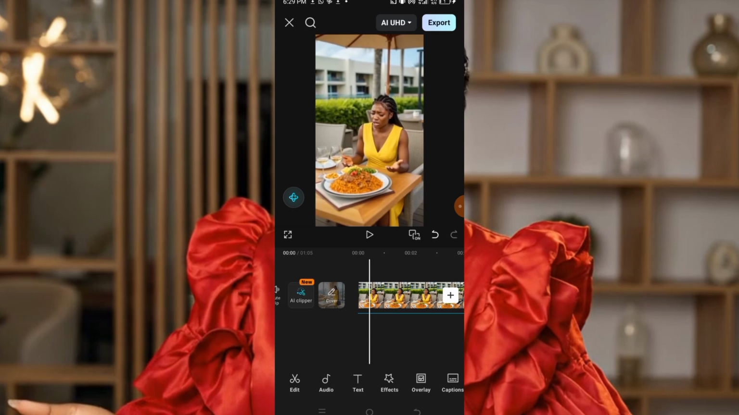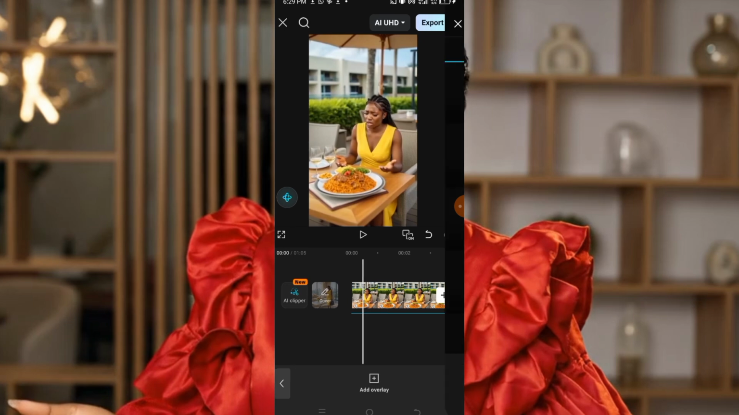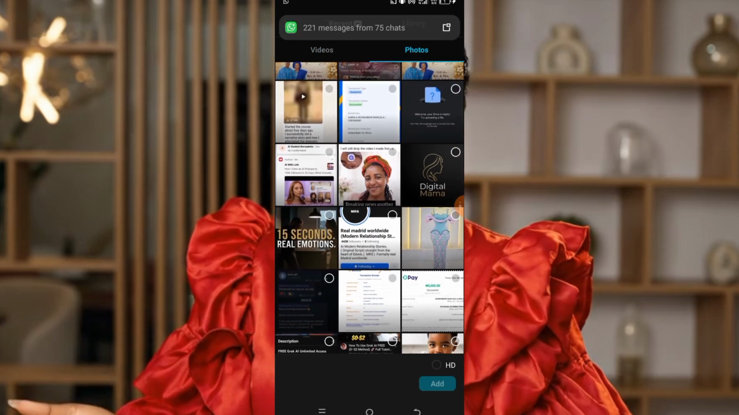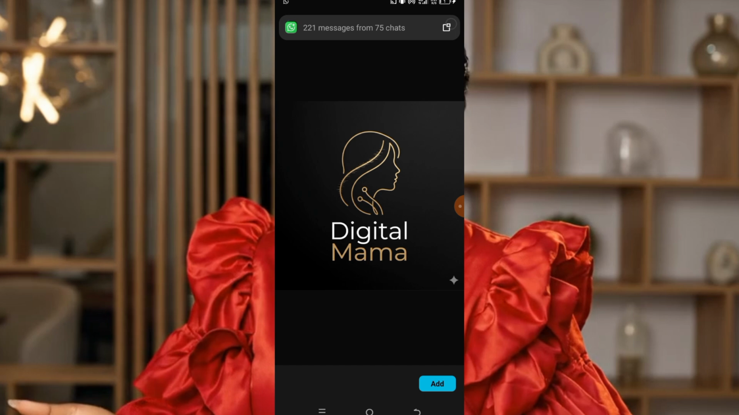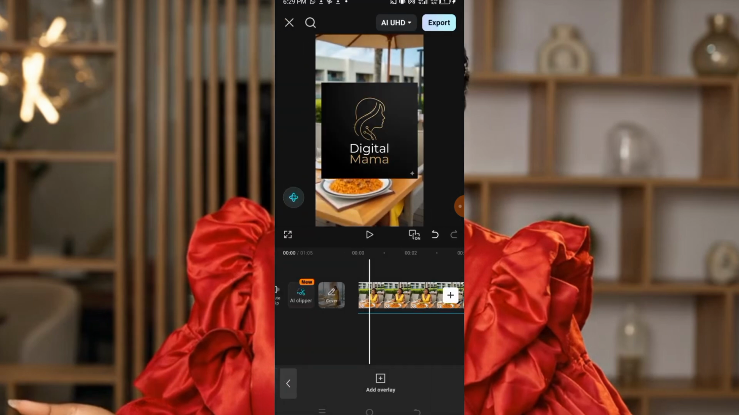Okay, so now you need to bring in your logo. So click on overlay, then click on add overlay, and it will take you to your gallery. Select your logo. This is my logo. Then click on add. So now once your logo is here, the first thing you want to do is scroll